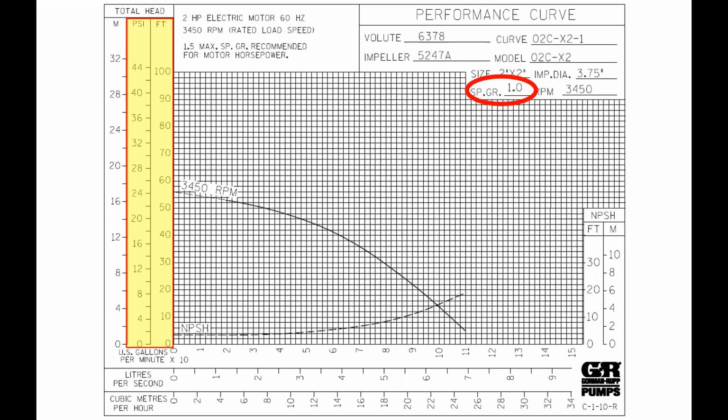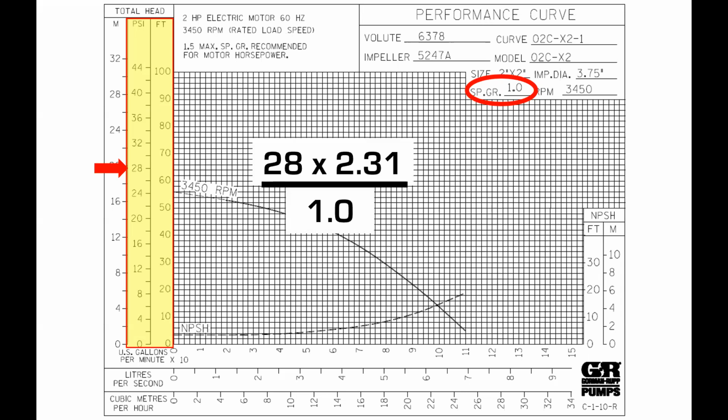But let's take a look at what this curve has been calculated on. It's calculated on a specific gravity of 1, or water. Therefore, let's choose a pressure value here of 28 PSI. If we put that into the formula, 28 PSI times 2.31 divided by the specific gravity of the fluid gives us about 65 feet of head. And if you take a look here, that 28 PSI more or less comes up to about 64, 65 feet of head. Great. What happens though,